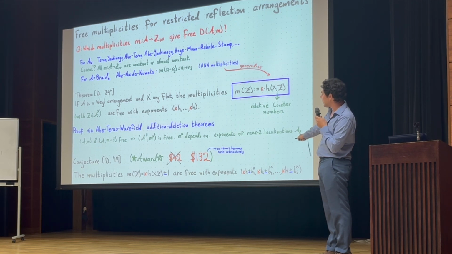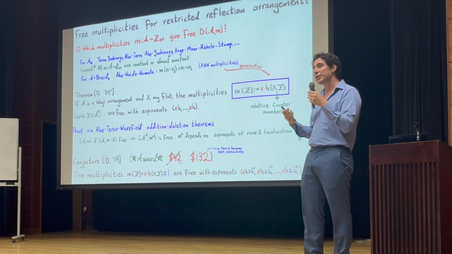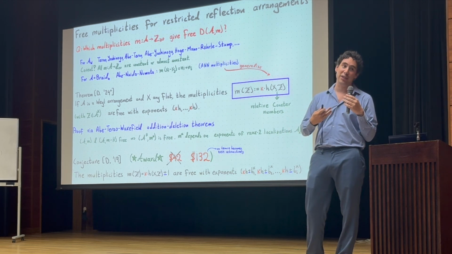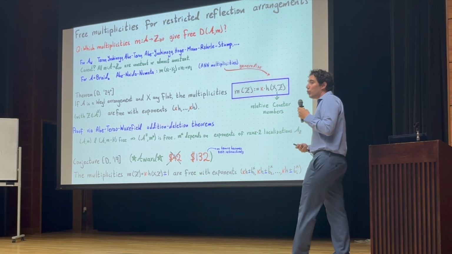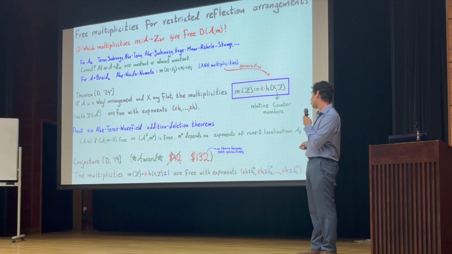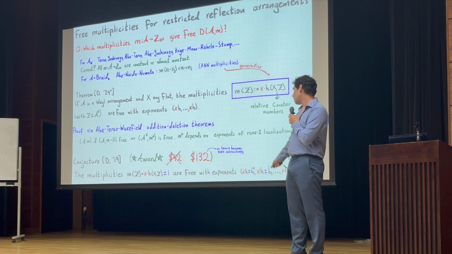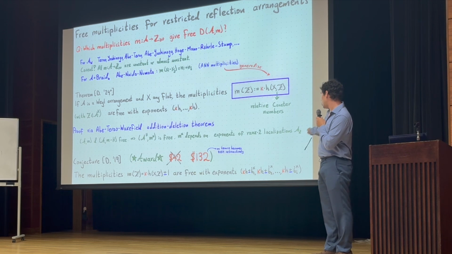It's just that there is a new theorem developed by Abe, Terao and Wakefield about those, and when you restrict, the new multiplicity that you create here is really complicated and depends a lot on the parabolic rank 2 case, where rank 2 multi-arrangements are always free, but we don't know how to compute their exponents. Even though we don't know how to compute their exponents, in special cases we can do things like that. And here I was using a lot of work of Abe with collaborators on how to be able to do that. The conjecture here says that not only these multiplicities are free, but also when you subtract one and add one,